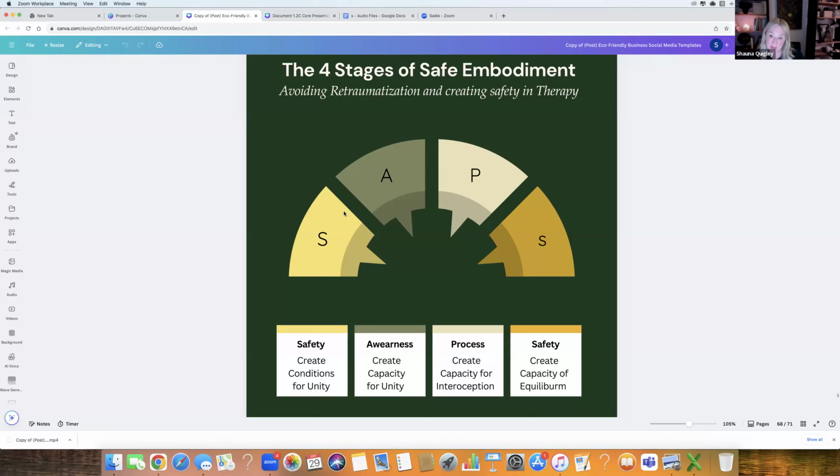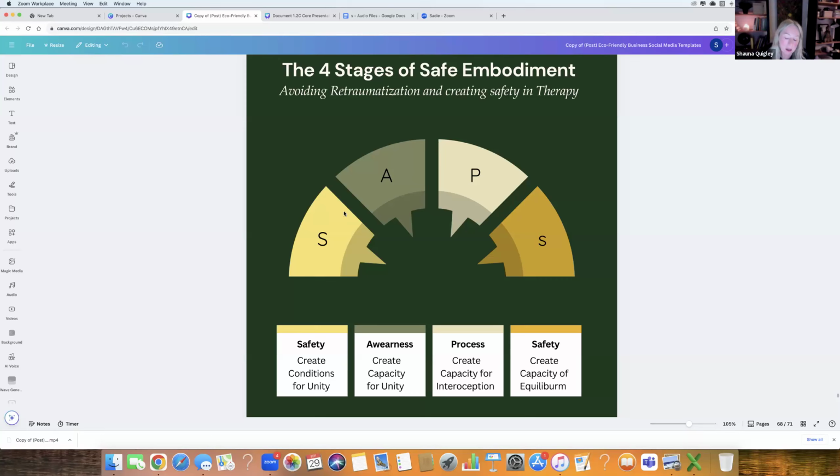Did I have the safety to be in that body? Absolutely not. Was my nervous system alive because of this unsafety? Yes. Did I have the capacity to be in awareness of what was pummeling through my body? Absolutely not. Could I get out of the process of it? No. So I was stuck for days upon days in what was endless cycles of emotion and dysregulation and never really reaching equilibrium. This was going on for days because I didn't have the capacity to do what I'm showing you here.